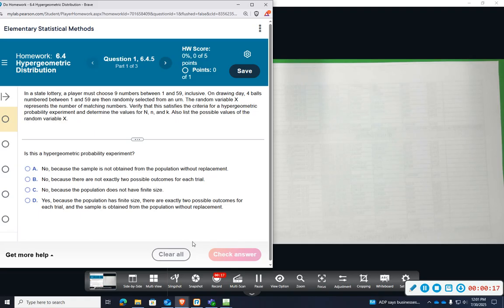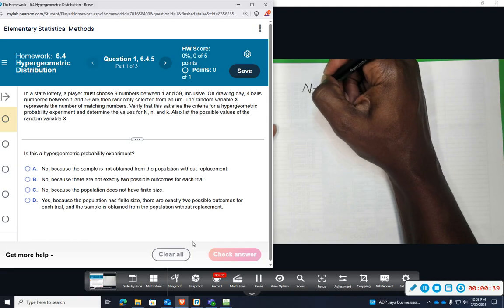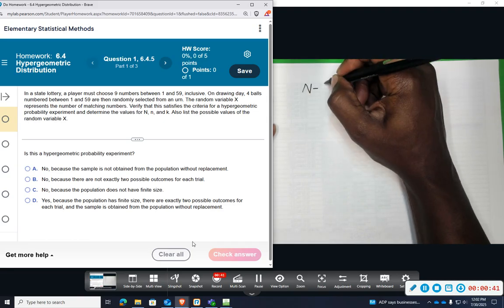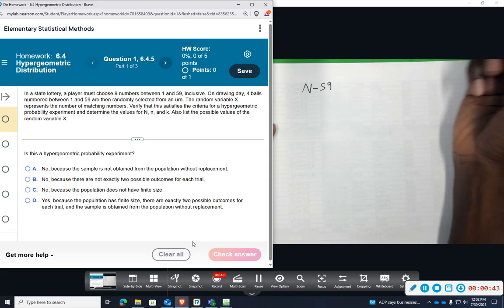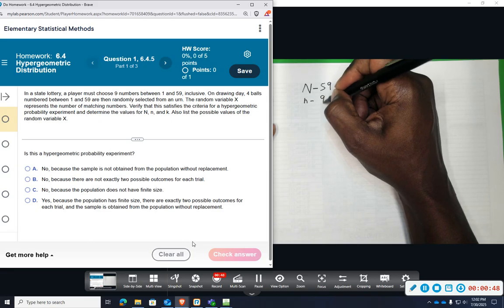We're going to verify that this satisfies the criteria for a hypergeometric probability experiment and determine the values for n, capital N, little n, k, and also list the possible values for the random variable x. So let's start out with listing all the elements. So big N is the total number, and we have 59 balls that we can choose from. It says a player's going to draw 9, so your sample size,